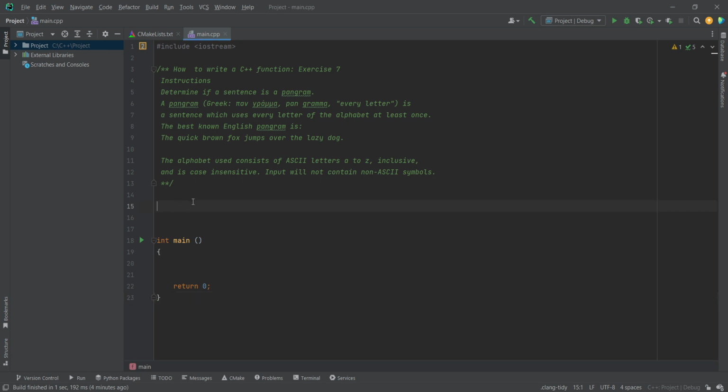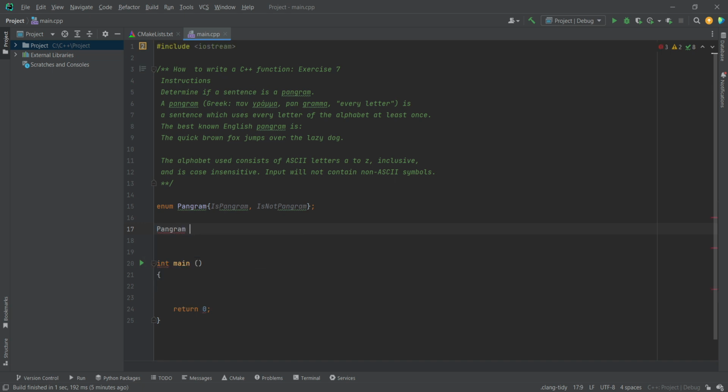Okay, so to get started with the resolution of this function, we're first going to create a user-defined data type. We're going to call it pangram. It's going to be an enum, and here we're going to have is pangram, and then is not pangram. Or instead of doing this, you can also simply use the Boolean type, that's also fine. You have true or false, but I just feel like it makes more sense to actually use an enum because it's more readable. So we're gonna have, of course, pangram as our return type, and